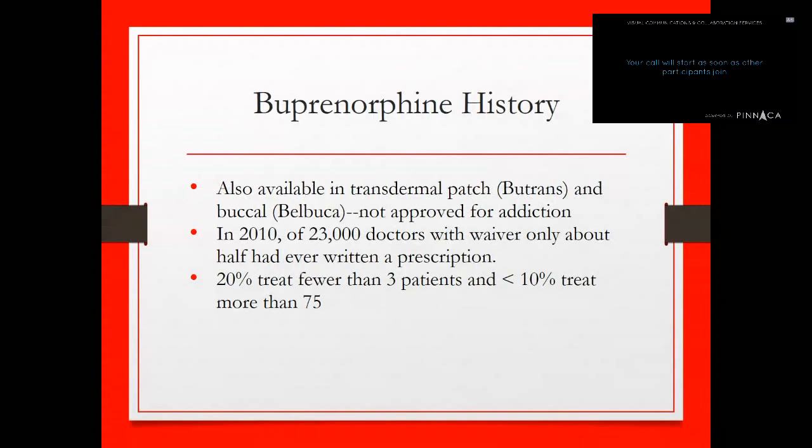The reason that MAX exists, and the reason that we're having this conversation today, is that there's actually a lot of doctors that have buprenorphine waivers, but unfortunately, many of them have never felt comfortable enough writing a prescription. It's difficult to imagine they haven't encountered a patient with opioid use disorder, but for whatever reason, there are some barriers to entry for using buprenorphine for the treatment of opioid use disorder. And even of those doctors who are writing prescriptions, a lot of them treat very few patients, like just a handful.